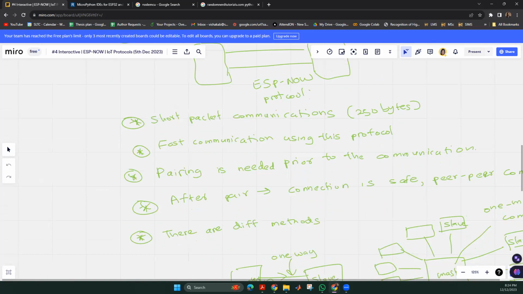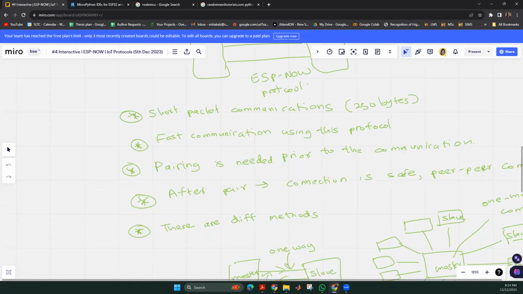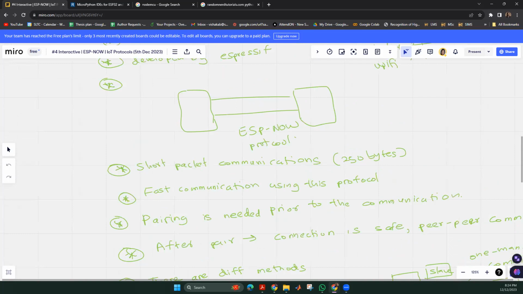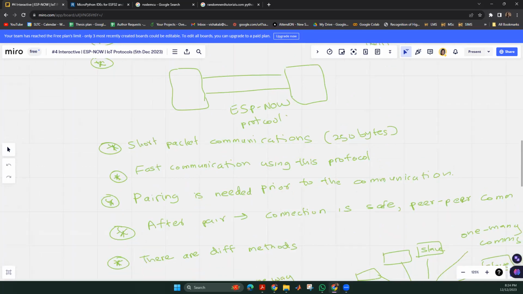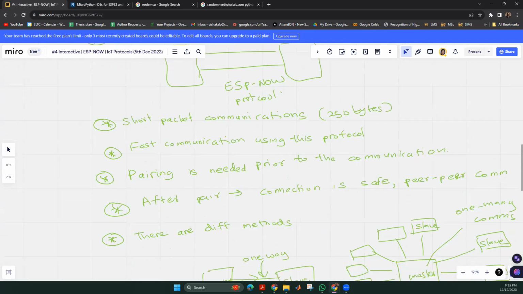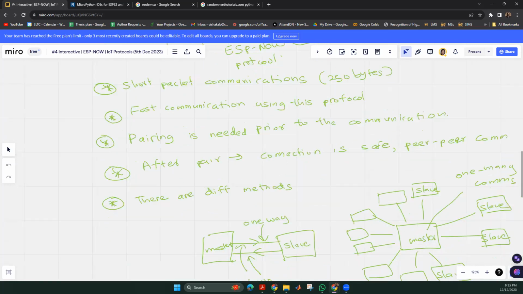Apart from that, fast communication can be done using this protocol. When you're doing communication directly like this, you don't have to go through an intermediate device or some kind of server that directs your communication to the receiver. Therefore, the delay in the communication can be reduced drastically when you compare it with the standard communication methods.